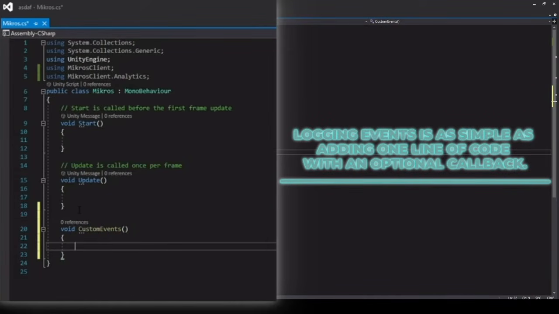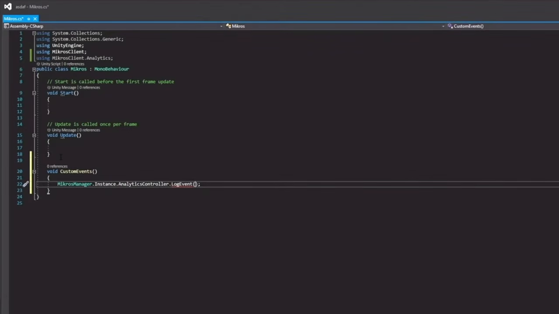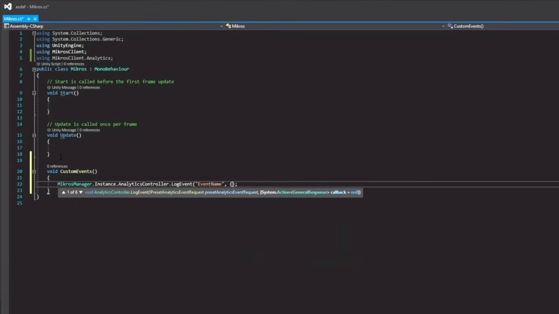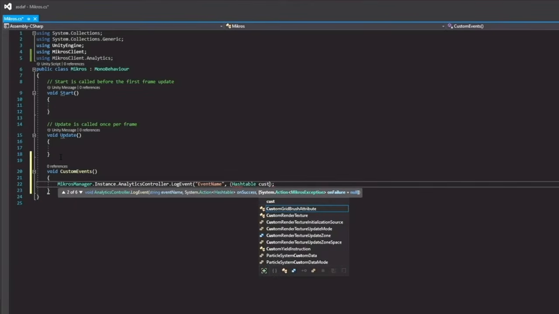In this function, I'll call the method MIKROS manager.instance.analyticscontroller.logEvent. This will log the event for you. The first argument will be your event name. So, event name. And the last two arguments will be what happens when the log event is successful and what happens when it fails. So we write hash table custom event hold data